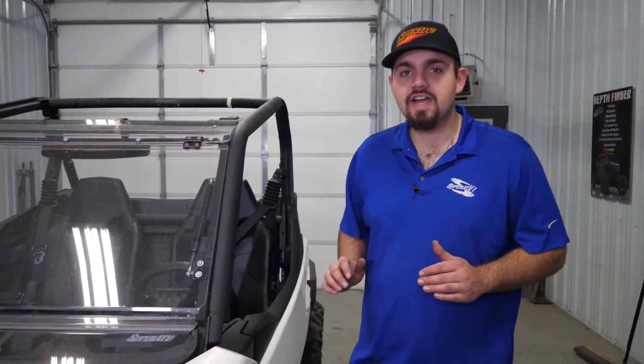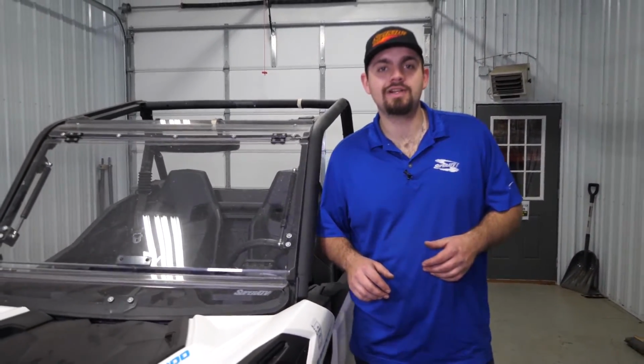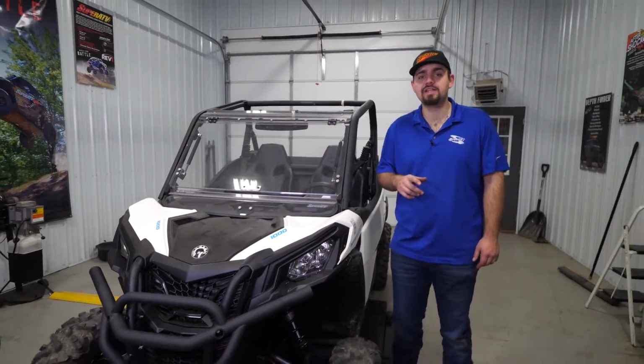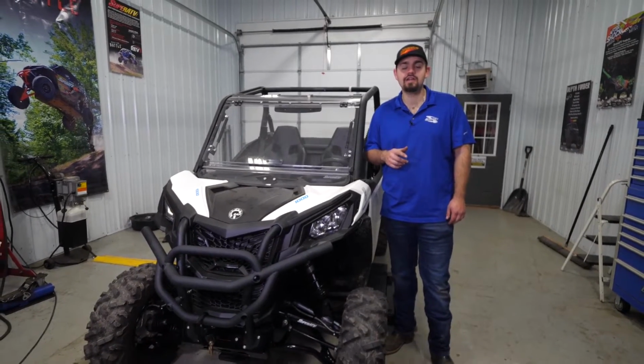Once you've went through, tied up all your wiring, made sure all your hardware is tight, that's all there is to it. That's how super quick and easy it is to install SuperATV's Easy Steer Power Steering Unit on a